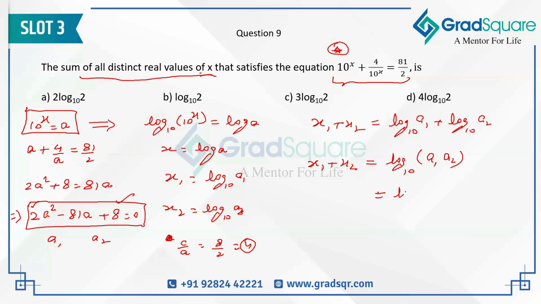So your x1 plus x2 will turn out to be log base 10 of 4, which is then going to be 2 times log base 10 of 2, and that becomes your answer, option